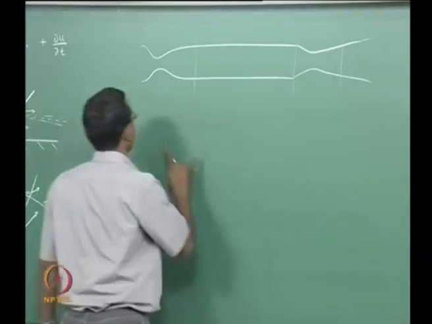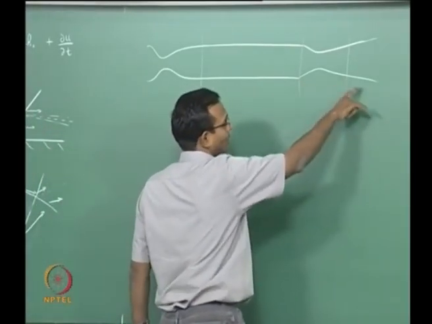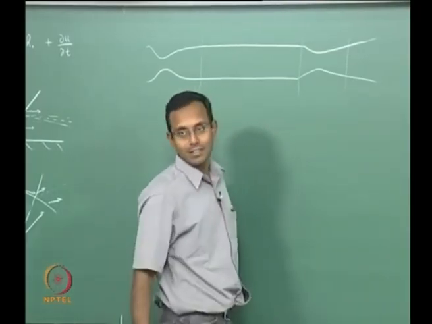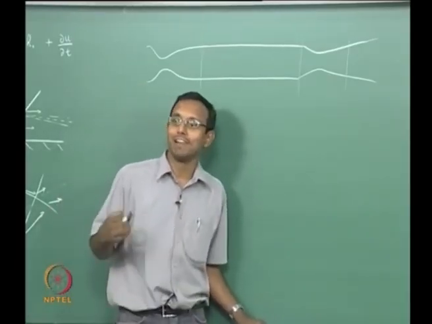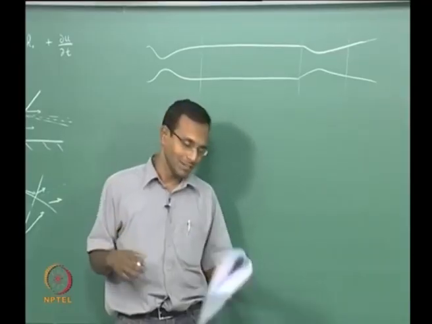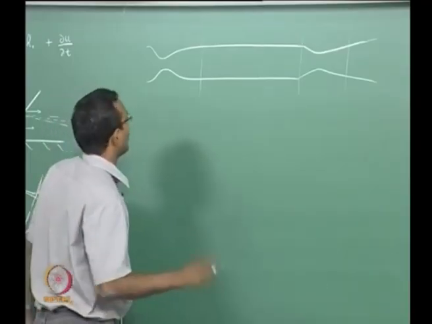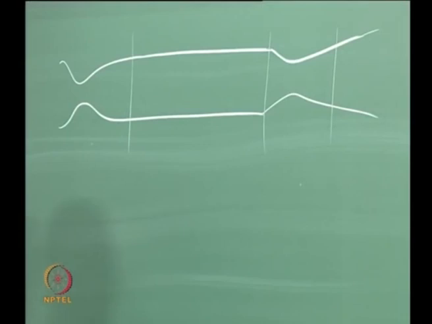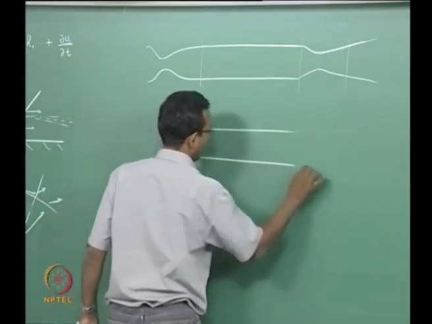I am more justified in saying friction is neglected here than this one, because area variation is slow and it takes a long time. This length is not very small. Okay. So you have to think about that also. It may not always be a very well valid assumption. Okay. Sometimes it may not be very good. And we are going to deal with, in this particular course, only constant area duct. I will probably outline how to deal with the whole thing in a generalized notation later, but just a constant area duct we are going to deal with right now.